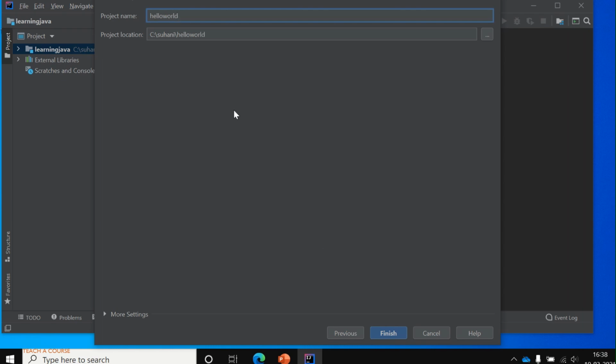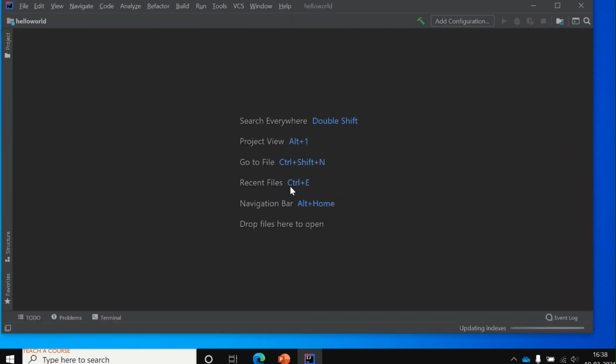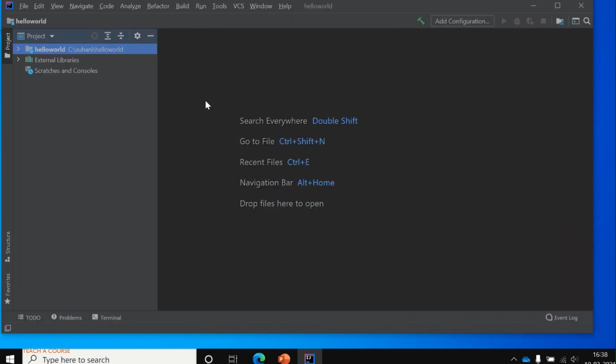So I have entered that in and I will finish my file. Then I will open my file. When I open my file, this is how it will look. On the very left hand side, we have the navigation panel. This allows us to navigate different files in our project. When we look into this further, we will see that there is a .idea folder that holds the metadata about our project. But the main code of our Java program will be in the src folder or the source code